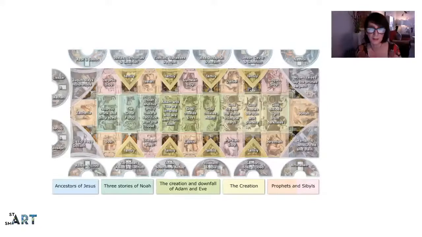That's the middle group: God creates Adam, God creates Eve, and Adam and Eve are tempted and sent in expulsion from the garden. The third group of pictures shows the plight of humanity, and in particular, the family of Noah. So we get Noah and his family making a sacrifice after the great flood, and Noah is